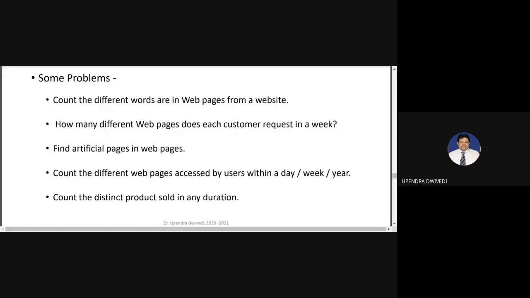Okay, so I will leave this problem to you. Please provide your thoughts. We can do some discussion on these problems, and then we go for counting the distinct elements. There is one more algorithm. We'll discuss why it is important to count distinct elements.